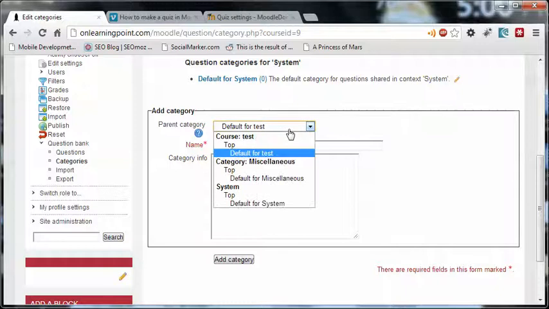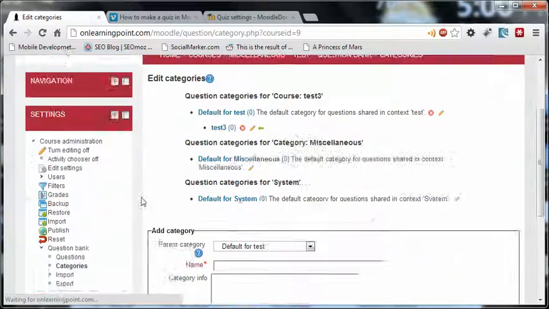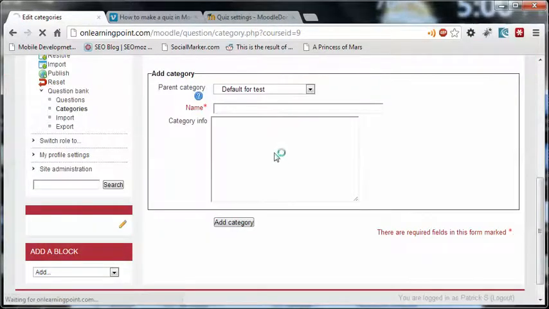Sometimes if you want it all in the same group, you can do that, but in this case I'm going to create a category called Test 3, and then all my Test 3 questions will go into my Test 3 category, making it easy to find later on. So now we click on Import,